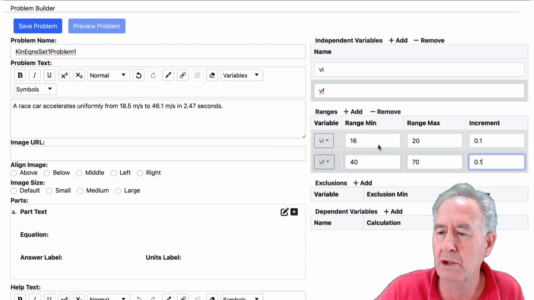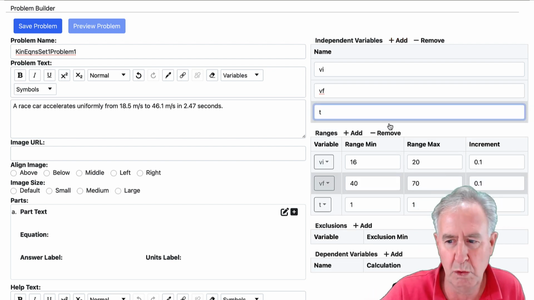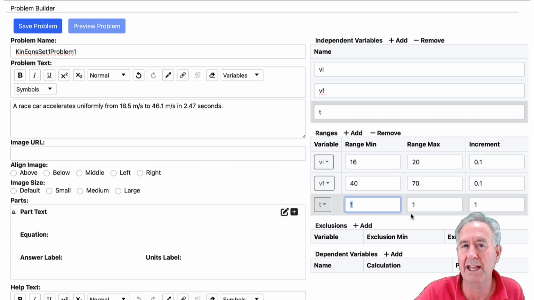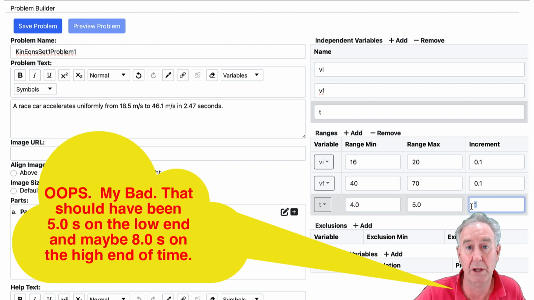Now finally, I'm going to do my last variable, which is the time. I'm going to try to make it relatively realistic, and so I want to get it on the top end an acceleration of around 10-ish or so, and then on the bottom end a little bit less. So if I think about the change from 16 to 70, that's the maximum increase in the velocity. If it does that in, say, 5 seconds, the acceleration will be slightly higher than 10. That's kind of what I want. So my highest value for my time is going to be 5, and I'm just going to pick 4 for my lowest value, and then I'm going to pick as my increment